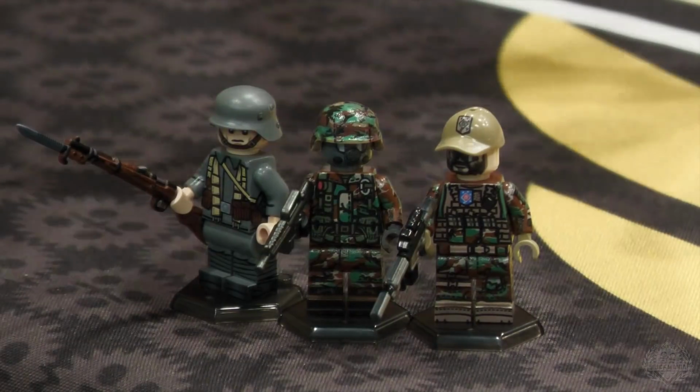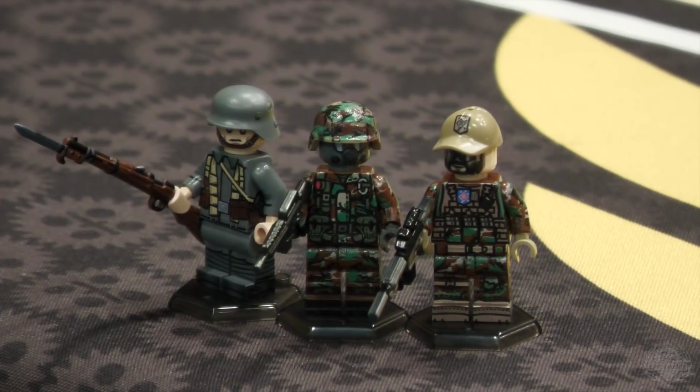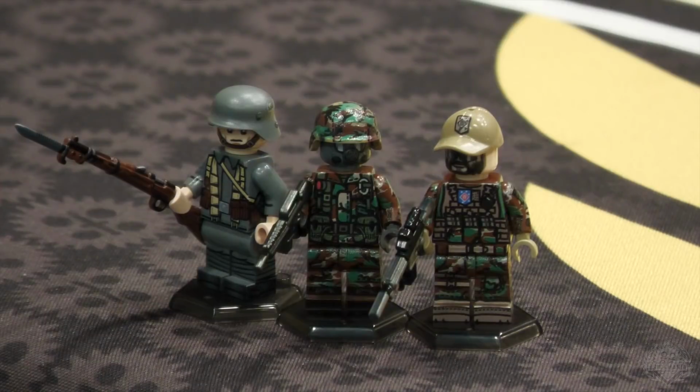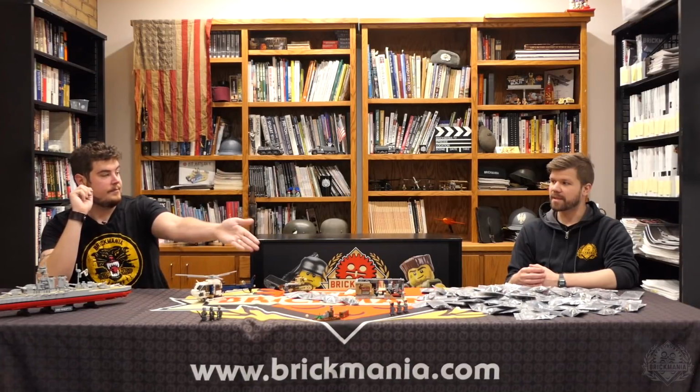If you were to buy these separately, they would cost a little bit more, so when you get the bundle, you do save, I think it's 3-4%, depending on which bundle you pick up. So not only do you get the figure and the Perfect Caliber, but you get to save a little cash too. Who's going to complain about that? Nobody. I wouldn't, that's for sure. So those will be while supplies last. Those will start on Saturday. Then, coming on Sunday,